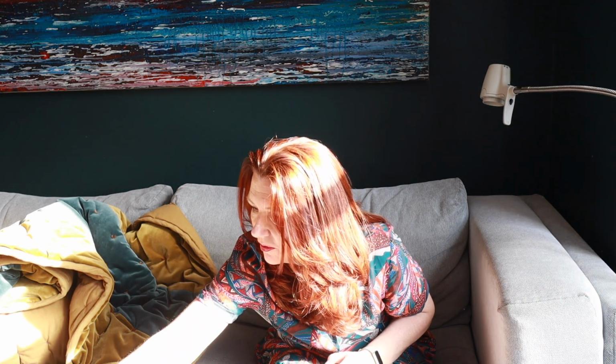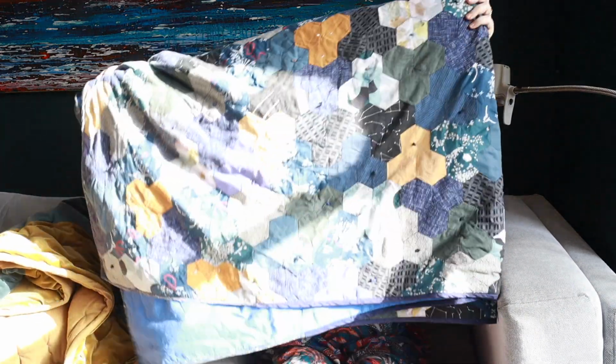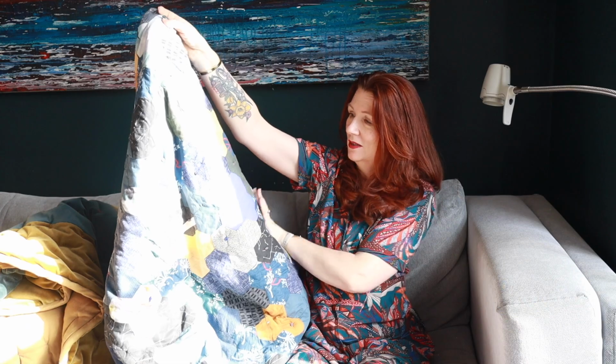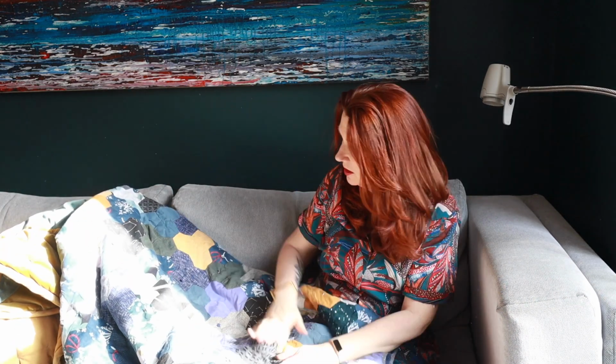Now, having said that I don't know how to do any quilting or anything, the only quilt kind of thing I ever made was this, and I probably have shown you this before, but I'll just show it to you again. This paper pieced quilt generally lives on our bed. I'm just worried about the light, I'll do some close-ups if it's not coming across. This took me a good 2 years to make, and I did it all by hand,